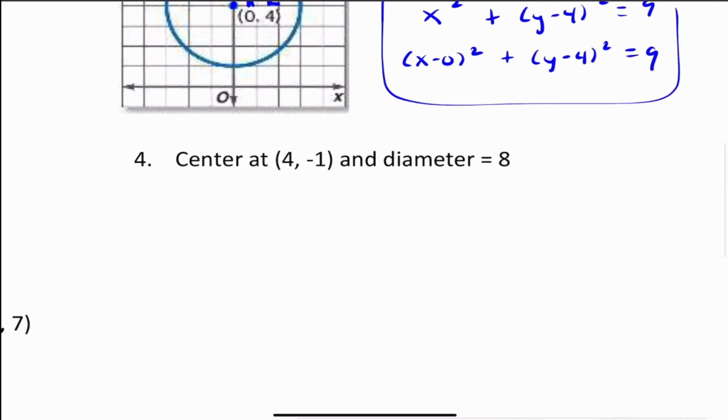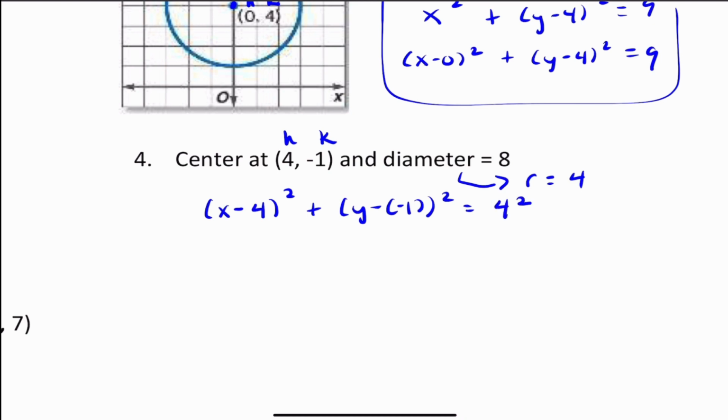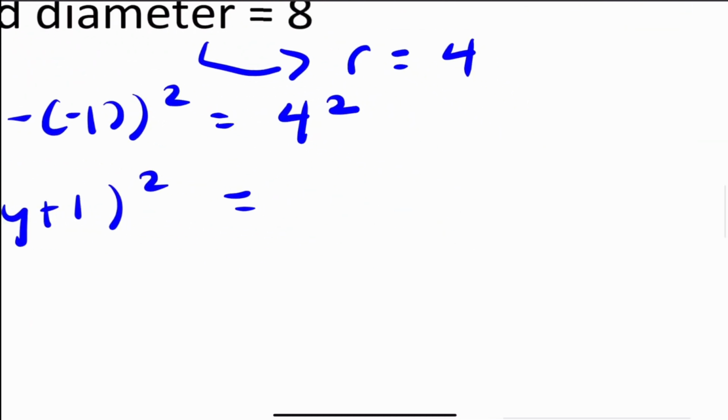Number 4, center at (4, -1), and the diameter being 8. So this is h and k, that's our center, and then our diameter is 8, so that means the radius has to be 4. So I have (x - 4) quantity squared plus (y - (-1)) quantity squared equals 4 squared, and I get (x - 4) quantity squared plus (y + 1) quantity squared equals,